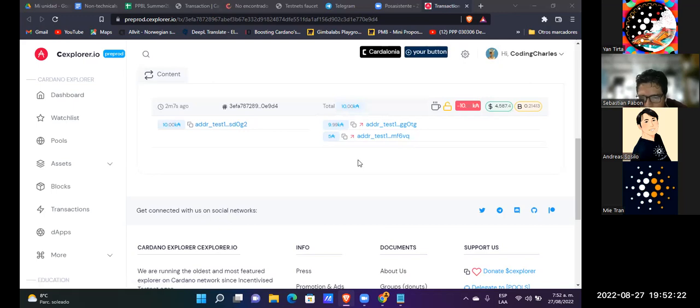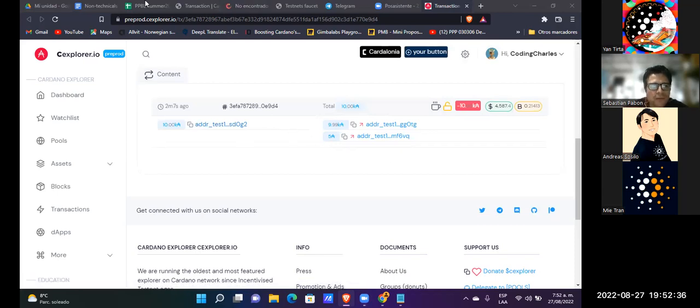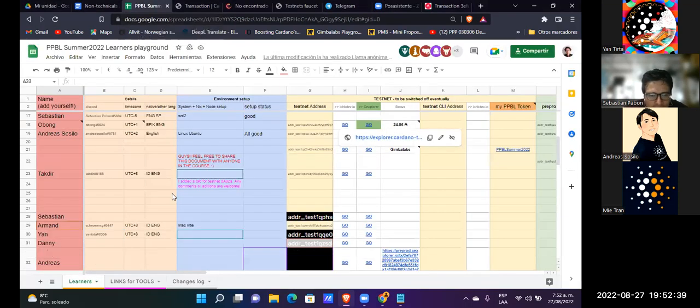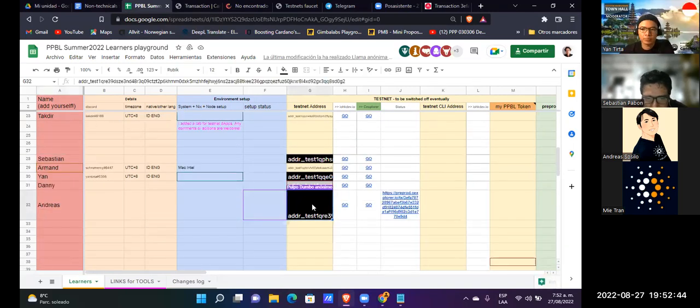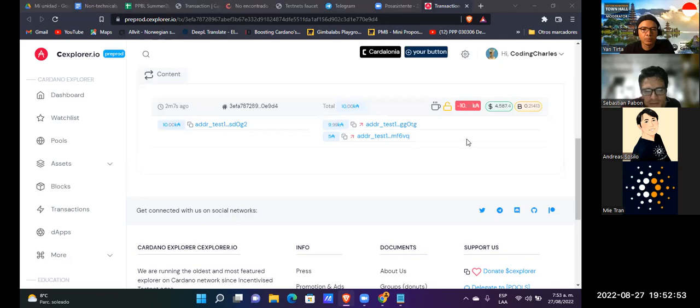You can see here, for example, SDOG2, in fact. SDOG2, that's the address. Is sending the file data.